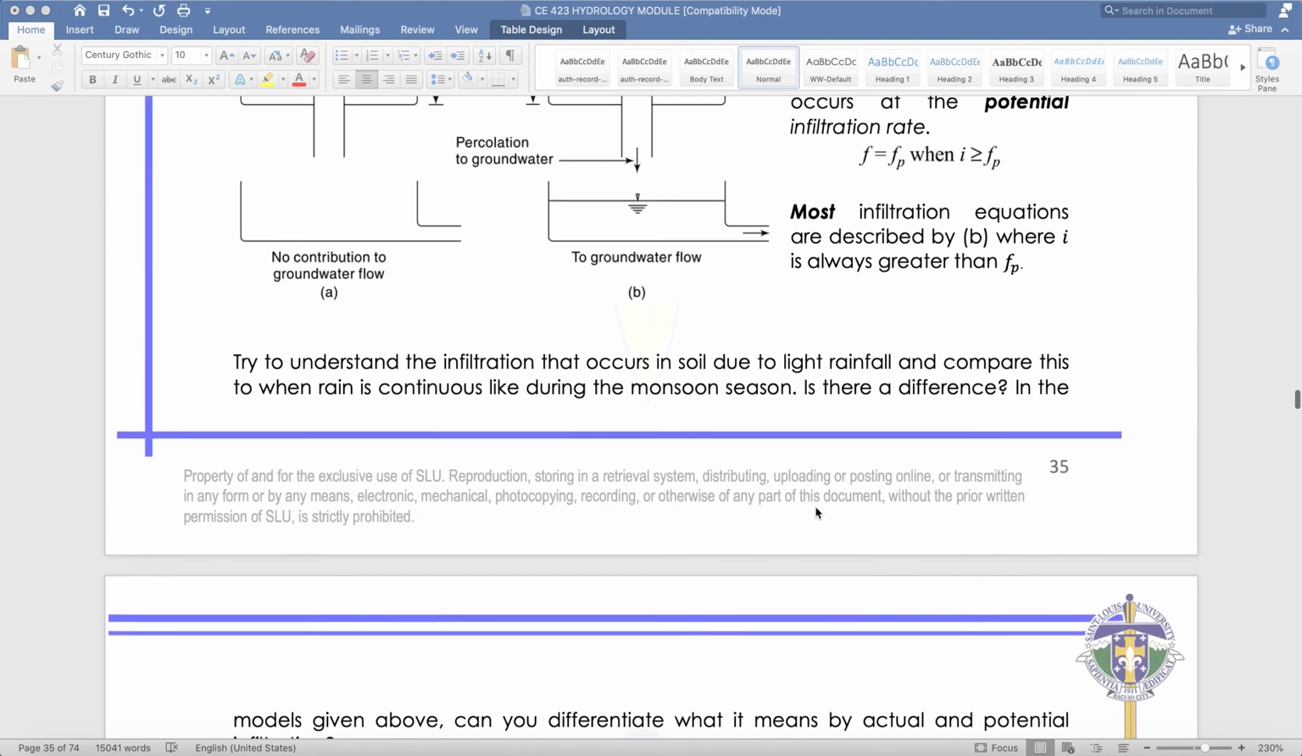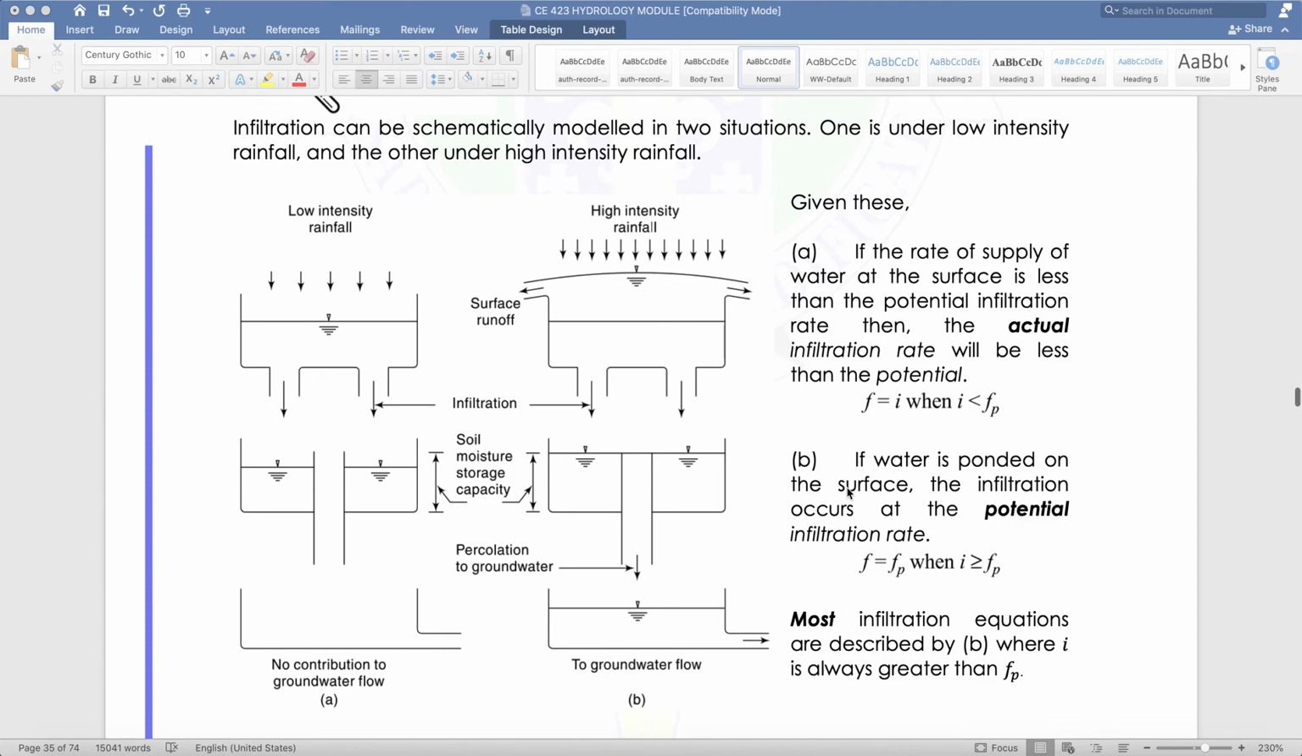So we can categorize infiltration into two categories. We have here the low intensity rainfall and we have here the high intensity rainfall. If the rate of supply of water at the surface is less than the potential infiltration rate, then the actual infiltration rate will be less than the potential rate. So the definition here: F is equivalent to I when I is lower than FP, the potential, which is low intensity. Ibig sabihin, if the rainfall is not that hard,